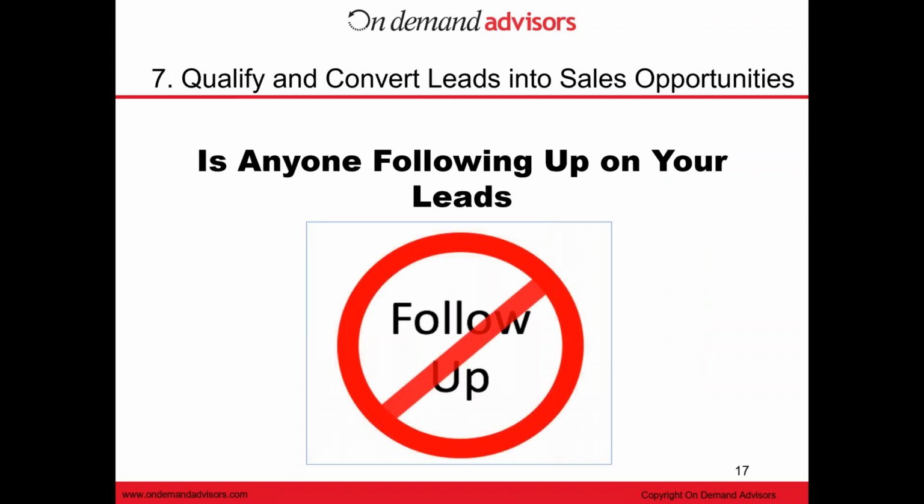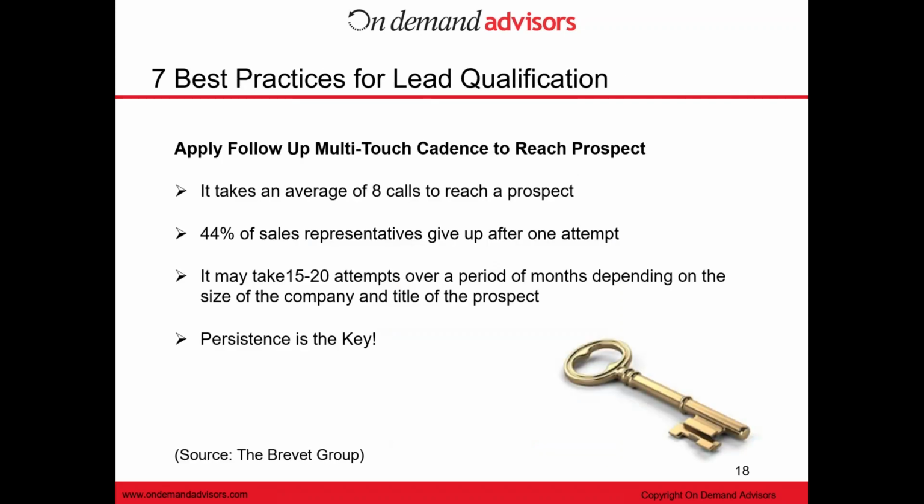Number 7 is probably one of the most overlooked areas that we find as you're building the engine, which is once you create the tsunami of new leads for your company, who's going to convert them into sales opportunities? Is anybody following up with them today? And so that's number 7, which is really creating what we talked about, that second funnel. So the first funnel was the right offers, the right information, the right engagement with your target audience. The second is converting those interested buyers into truly sales qualified buyers, sales qualified prospects for your company.